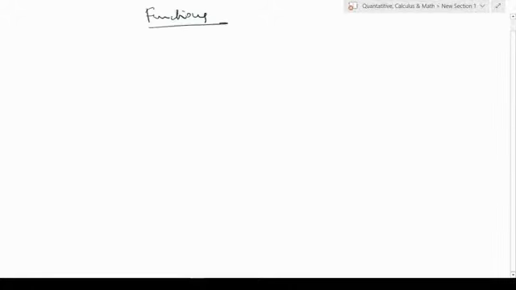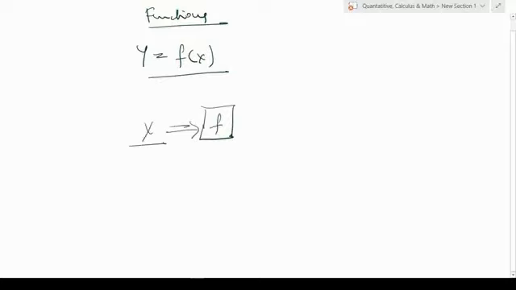Now when we're defining functions, what are we looking at? So a function is nothing but, when I write y is equal to f(x), what I'm trying to say is y equals f of x. If you're taking a model, as we have looked at before, and x is what we are going to feed into the model, the output you're going to get is f of x. So this is the input.